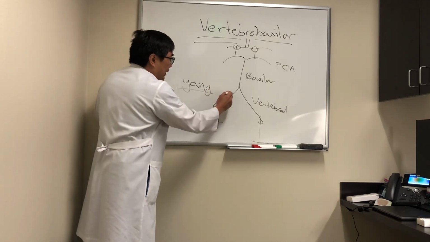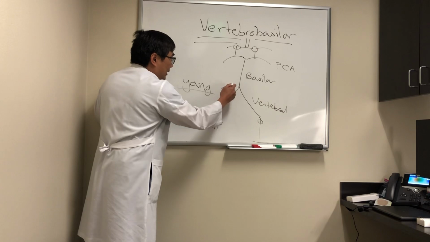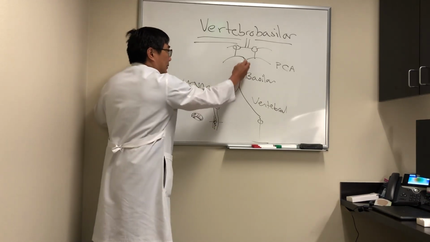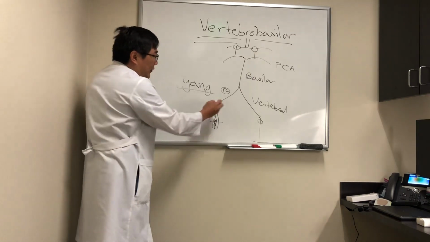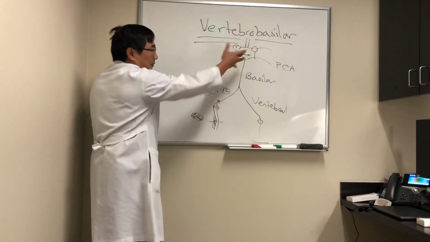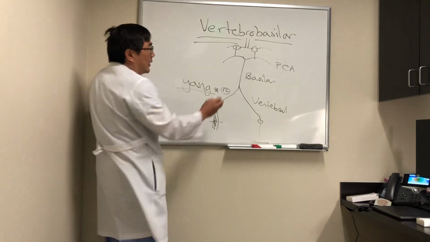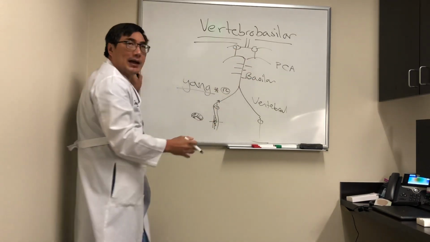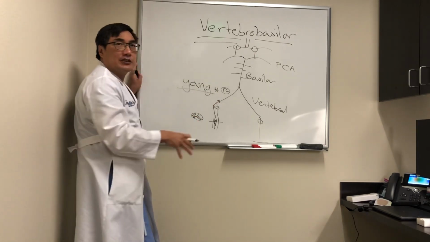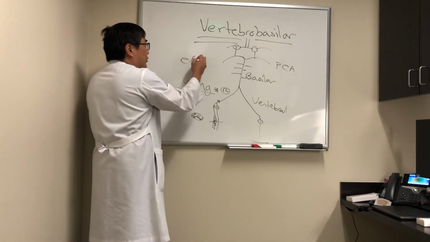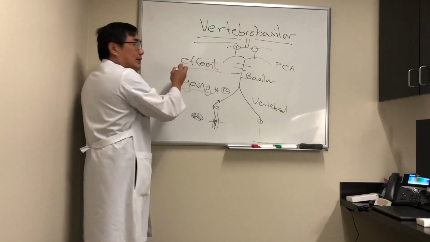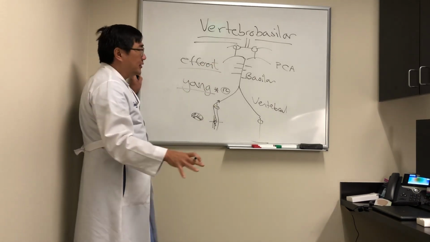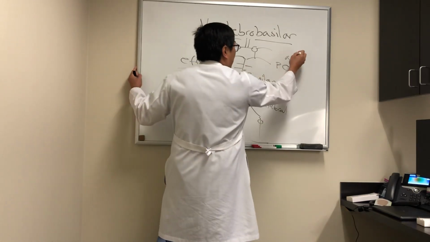And then the vertebral dissection can be on the right side, and you can have symptoms on both sides or either side, because once it gets into the basilar, it can go to either side. So even though the lesion is on the right, the problem might actually be on the left. And so because we have different branches from the basilar artery, including basilar perforators into the brainstem, that means we can have both efferent presentations, double vision, third nerve palsies, cranial neuropathies of various types, and afferent complaints, which are